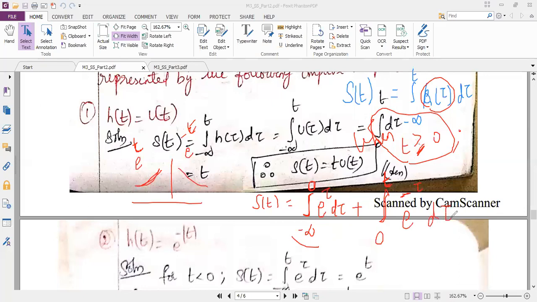Mark, this problem is very important. Normally, I will tell you what is the mistake you people will do. The mistake is you do not write this first term. Simply because of the condition t greater than or equal to 0, you will take 0 to t, and you will just find only the integration of this, and you will lose the marks.